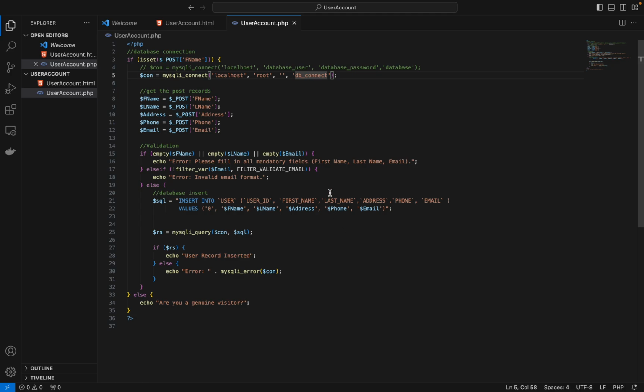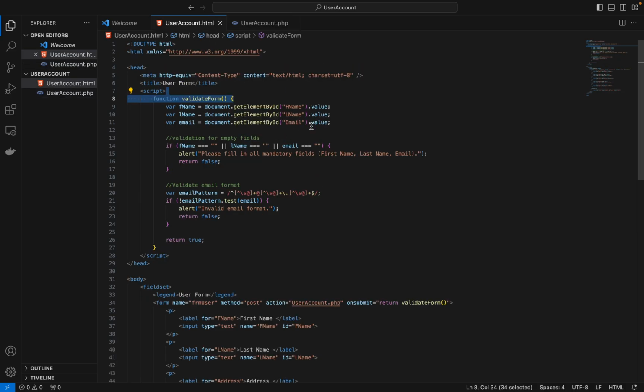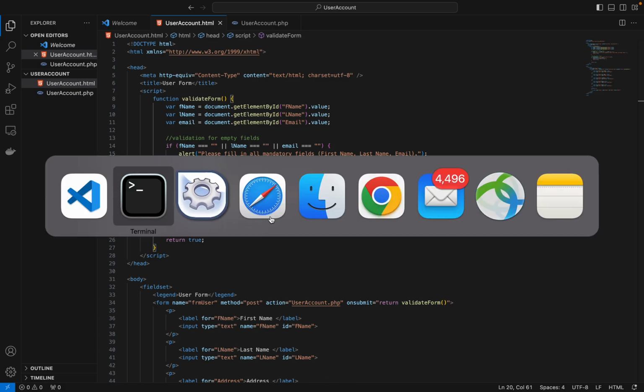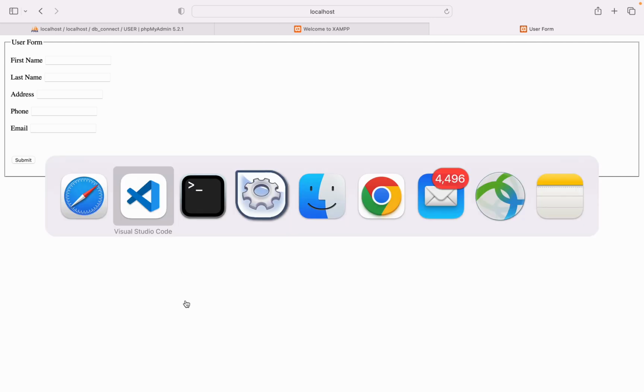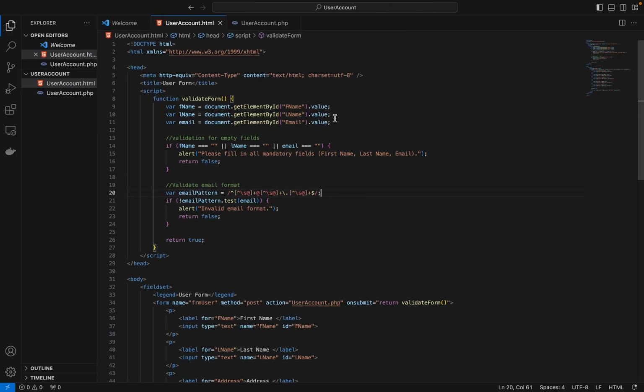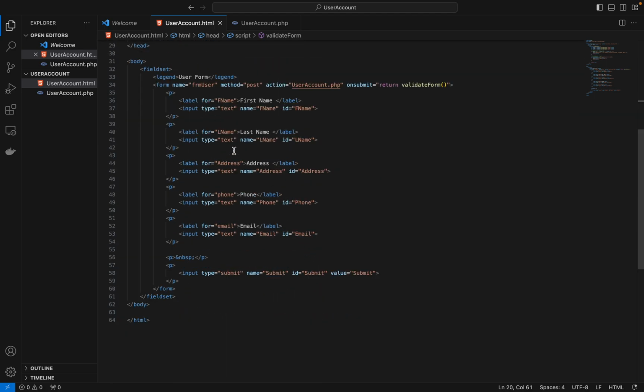So this is the simple form I've created using HTML. Now let me show you this. This is the form I've used, and let's go to the code. In HTML I have created the fields where users can input data, and then